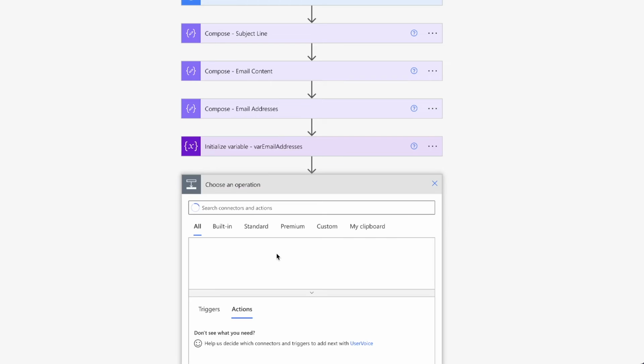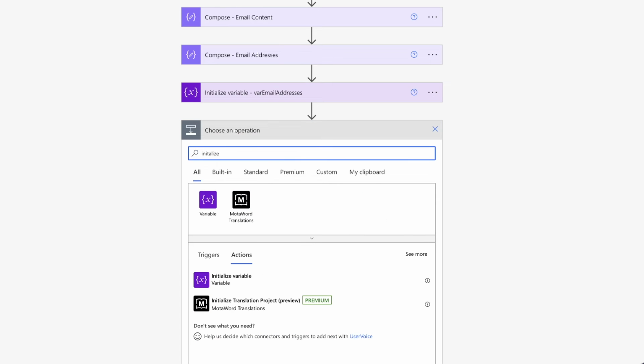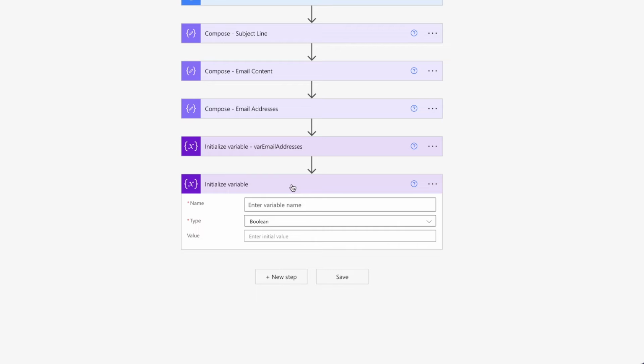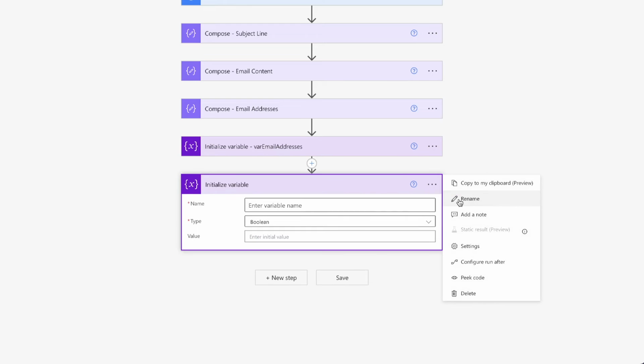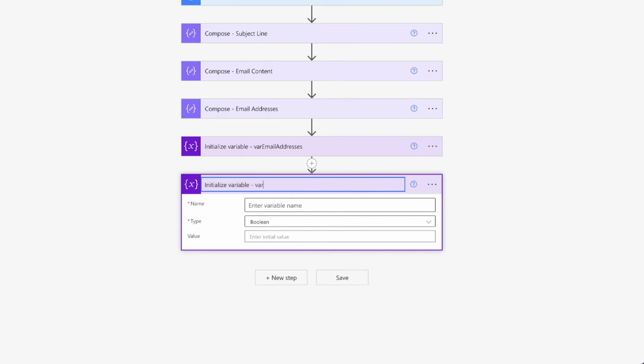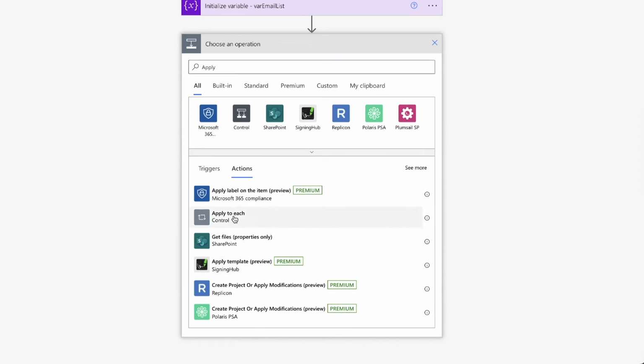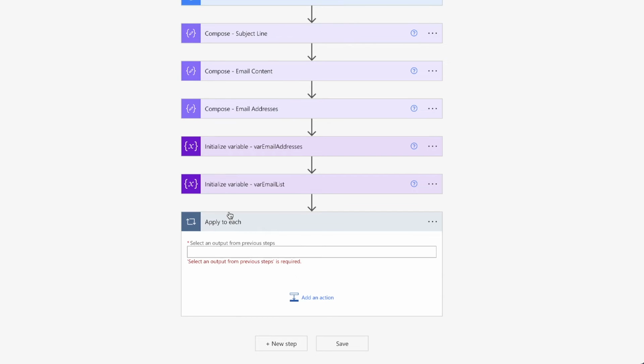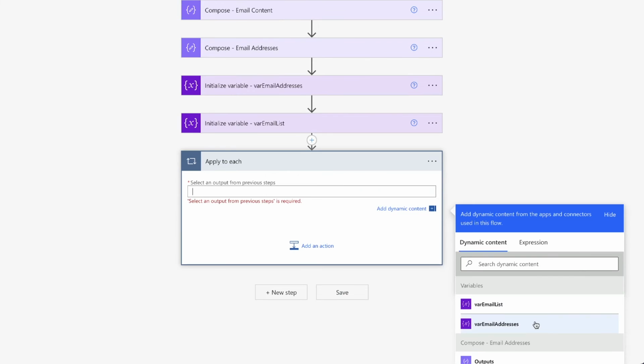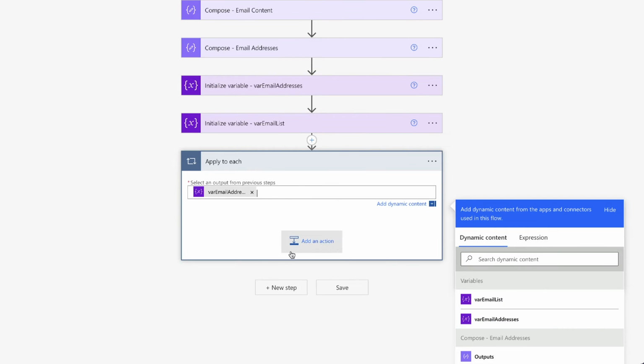I need to initialize one more variable. This variable will hold the final list of all my email addresses after they have been formatted. For this, I will need a string variable. We're going to add an apply to each action, and this action will loop through the list of email addresses. I'm going to insert the array variable here,